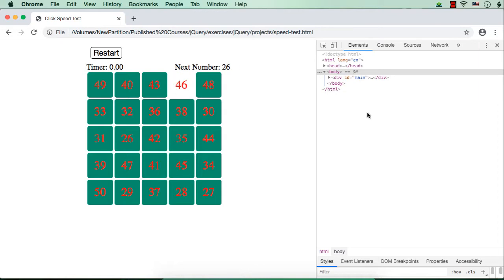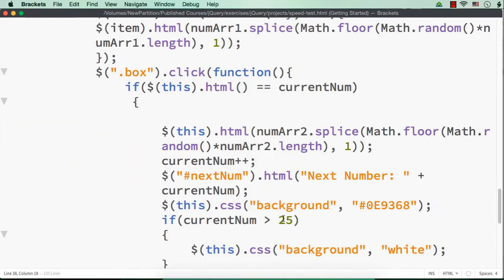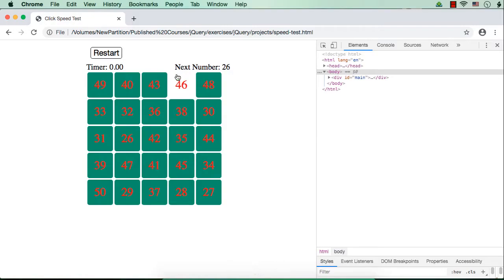So when we start clicking, once we reach 46, we will not be able to click that number as it will not be visible. So the condition should not be greater than 25. Instead, it should be greater than 26 itself. Hope you understand why I have changed the color to red, just to show you that this number will not be visible as we are setting the background color and the text color the same.